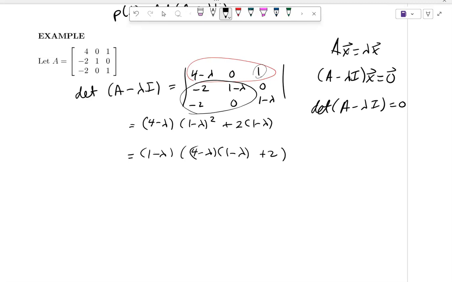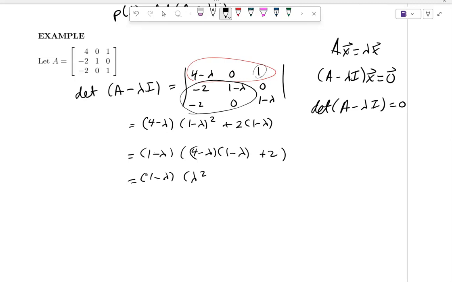I can factor out 1 minus lambda out of both terms. Because again, I'm trying to find the 0, so I want to factor it, right? So I might as well factor out a 1 minus lambda. So I certainly see that if I set this equal to 0, one of the answers is 1, right? One of the roots is 1. If you multiply out what's on the inside,